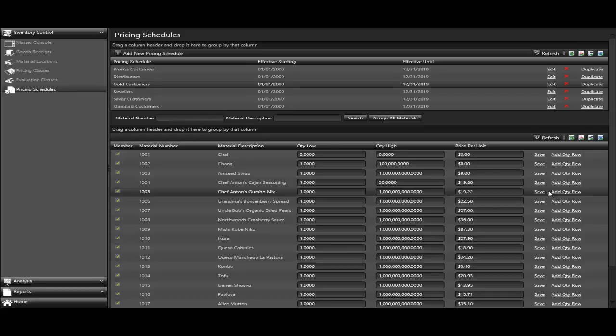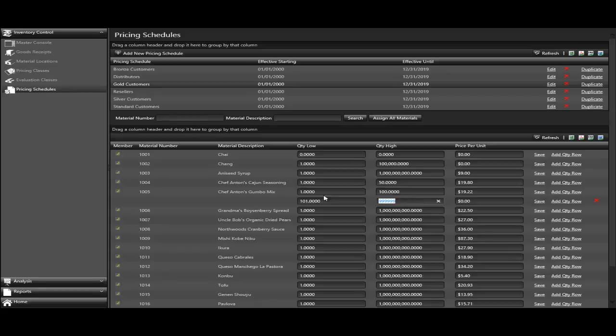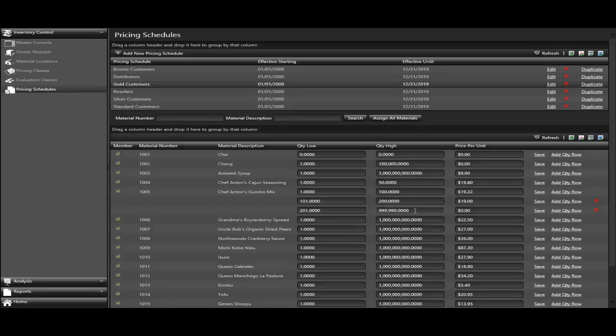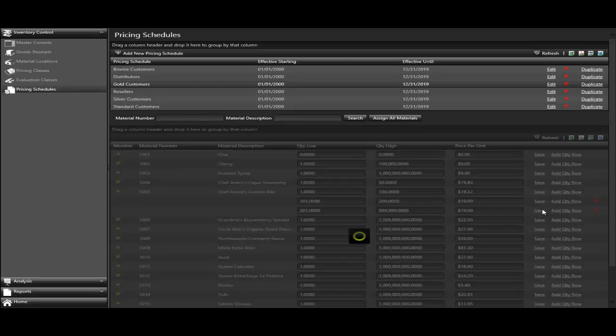But I can use the Add Quantity Row button down below. Let's just say I want to have a matrix involved here. Let's say that $19.22 is really only valid for the first 100 items, but now I can add another quantity row. So between 101 and 200, that price may drop to $19 per element, and then if I want to add yet another row, I can say that 201 on up is now $19, which is our best price based on the quantity.